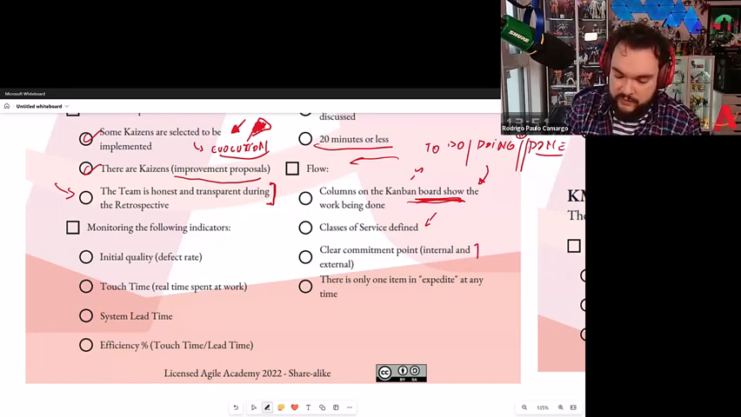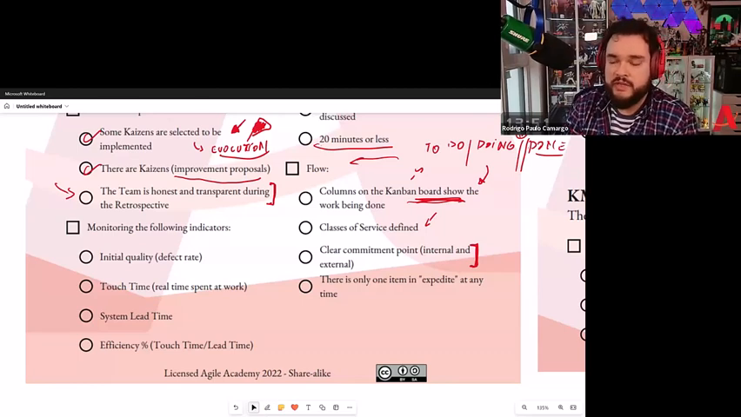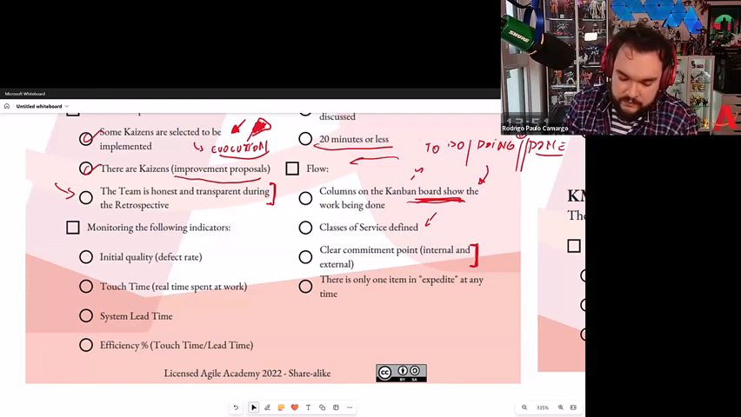Next one, we do have clear commitment points, both internal and external. Normally external for the client, which can be an internal client perceived, and it can even be like the external client, someone we are providing a service to, right? And the last one is there is only one item in expedite at any time, which is also a big